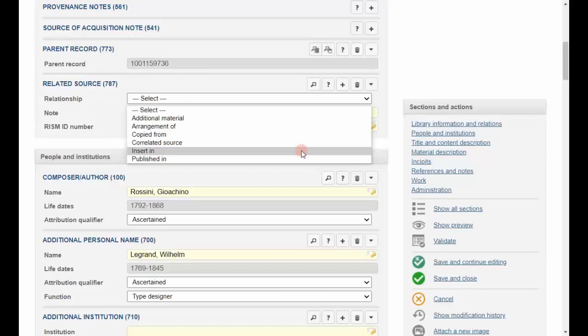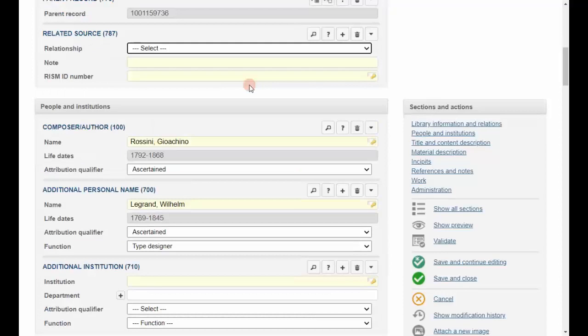Insert in, for example, insertion arias, suitcase arias that were inserted in a different source, or published in if the music in this manuscript was later published in a different printed edition.